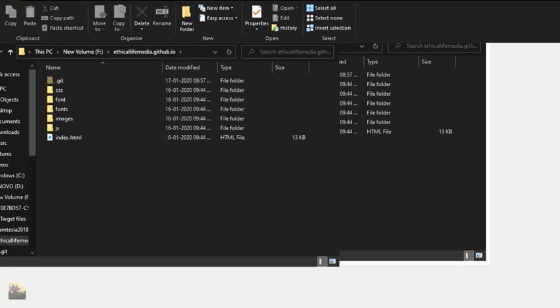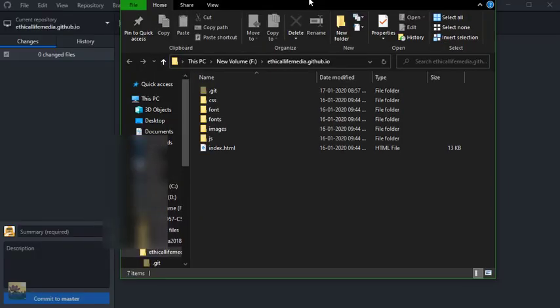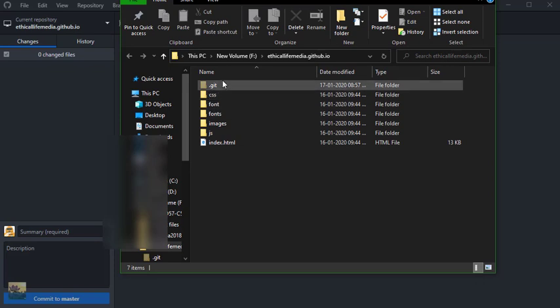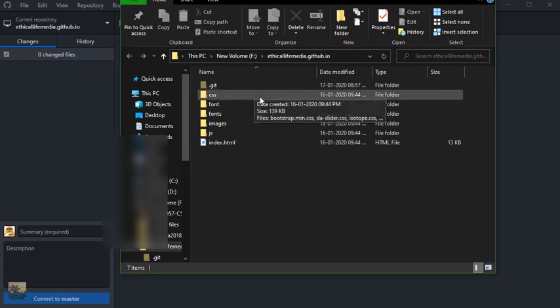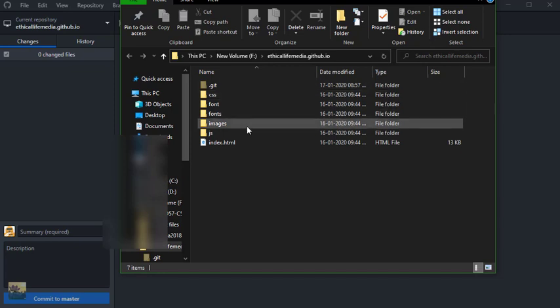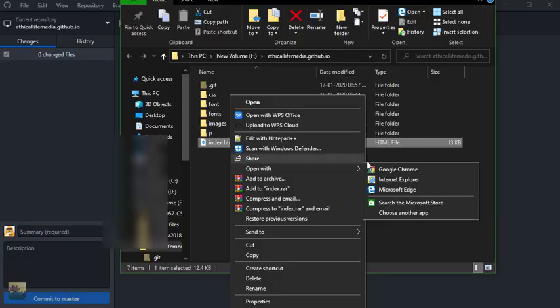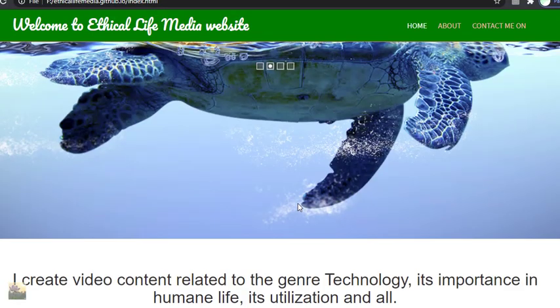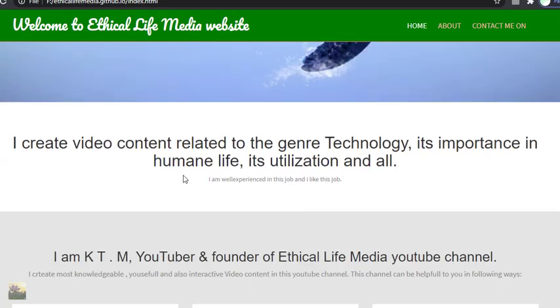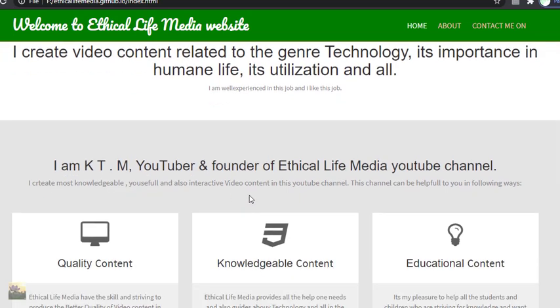Okay, I already have the website, I already uploaded it and published it on the internet, the World Wide Web. So I have all this: CSS, fonts, images, JavaScript and the index.html file. As you can see, when I open it with Chrome, it appears like this. I changed it according to my requirements. So this is the website I created.